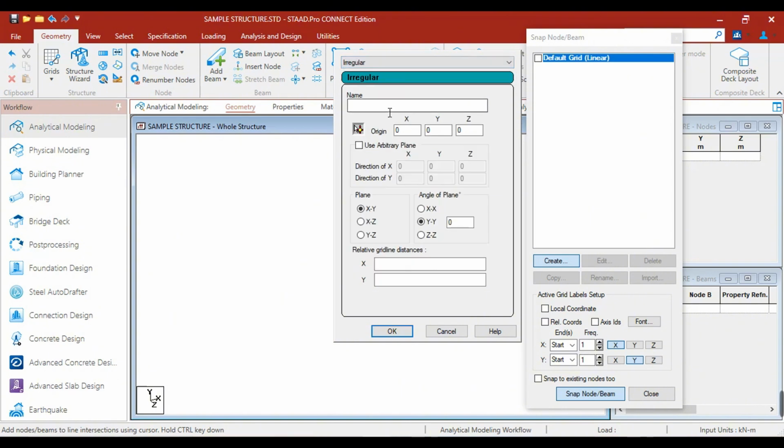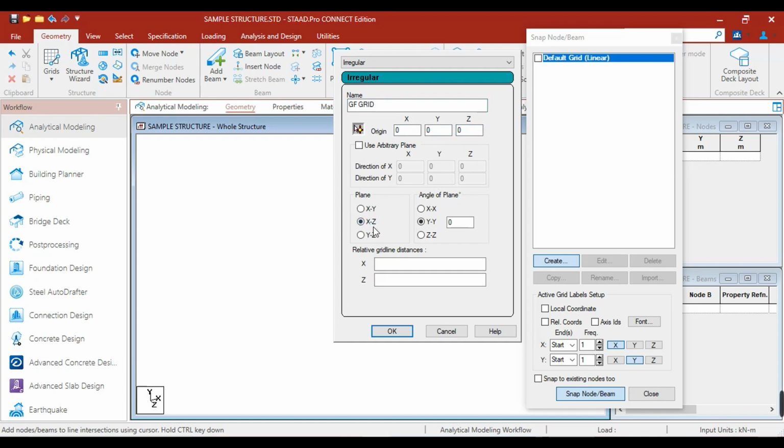When we click irregular, we have to indicate a certain name. For example, we have the ground floor grid. The origin of the ground floor is at 0x, 0y, and 0z. For the plane, we have the x and z, since y is vertical.